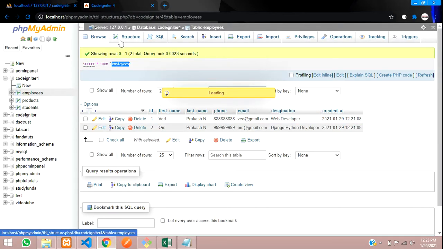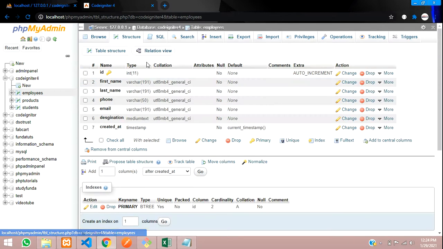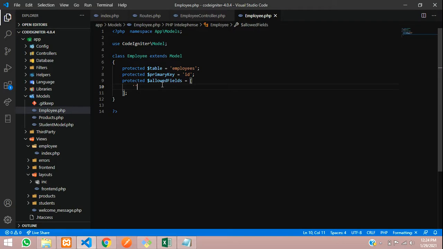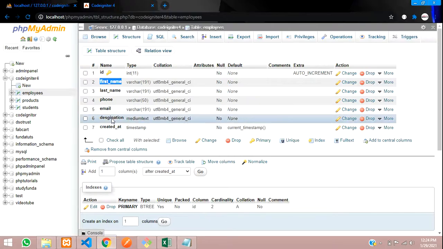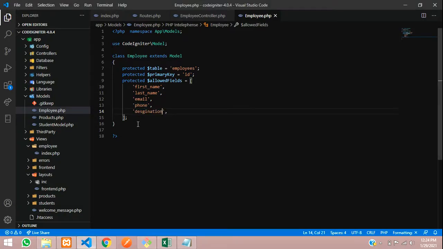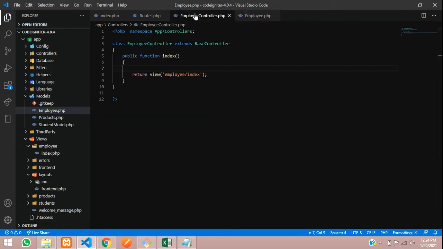Let me just browse the structure. Let's copy and paste. First name needs to be pasted over here. In the same way you need to input all of them: last name, then email, phone, and finally designation. Let's copy that also and paste over here. That's it. Let's save this and fetch the data.